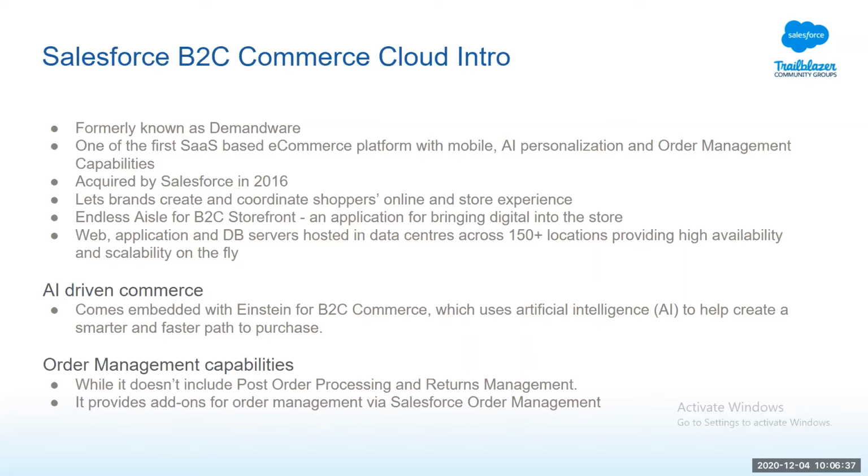Now, talking about the AI part in Commerce Cloud, this is mainly driven by Einstein, and it helps in personalizing recommendations as well as giving customers search suggestions, based on studying other customer behaviors and all of that. So this is a very strong feature that Commerce Cloud provides. In addition to the AI, it also comes with an embedded CDN, which is hosted on Cloudflare.